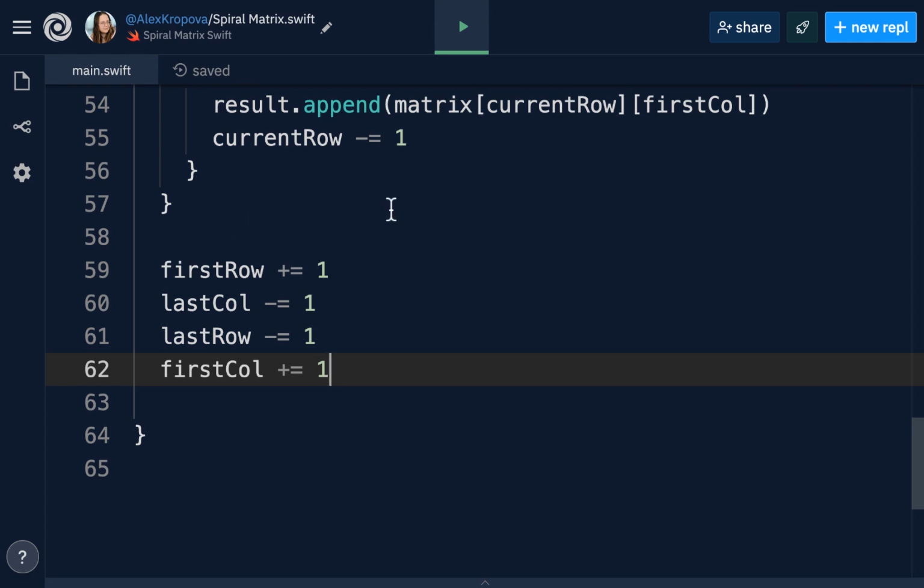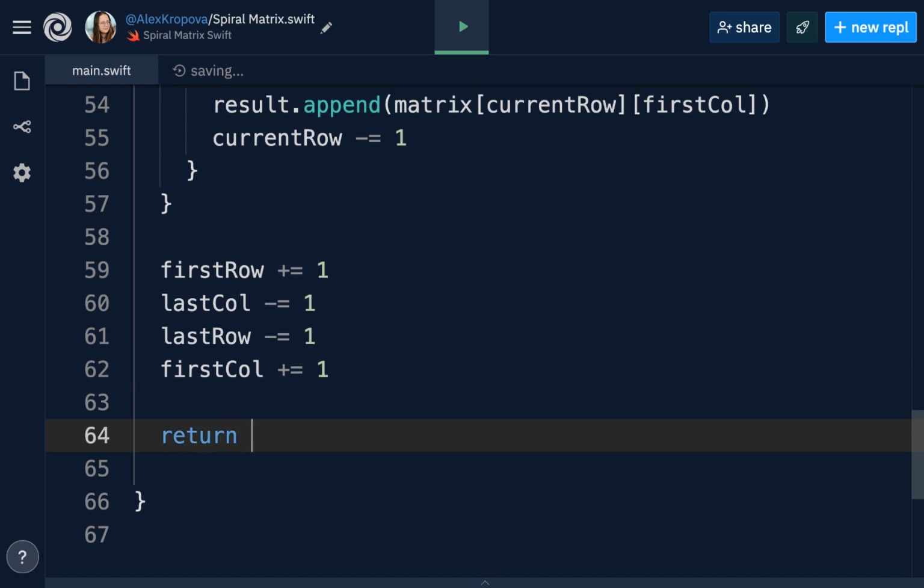And then, after we have performed that, what we want to do next is return our results. What we need to return is just going to be that value that we made, which is going to be the result. So we're going to return the result. And just like that, we have all that we need in order to solve this spiral matrix interview question.